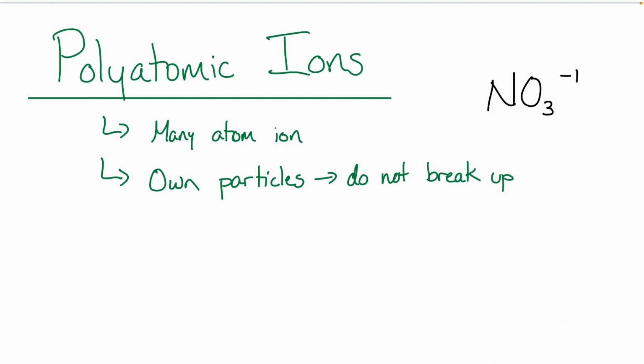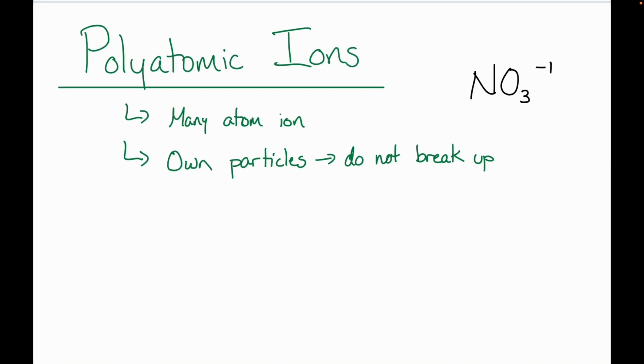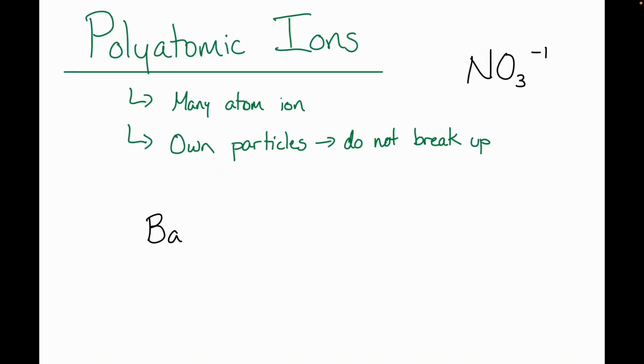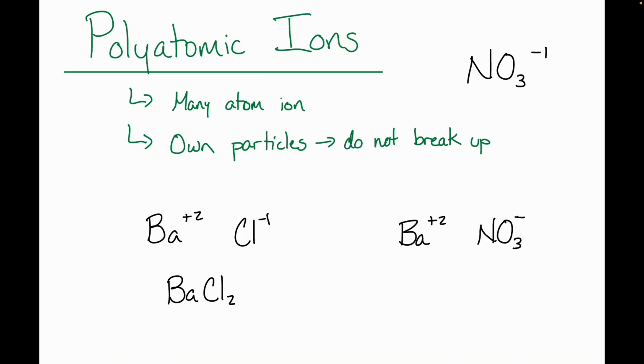All right, we talked about how we reduced our formulas for our ionic compounds. You're never going to touch the little 3 here. It's always going to be NO3, and they themselves are ions. So just like when we put our compound together, barium chloride, we took those charges and did this swap, and we got BaCl2. We can also take this nitrate ion and make an ionic compound,